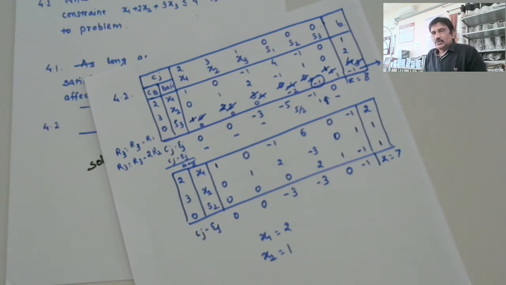So that is how you will be inserting a variable at a later time. Same thing you will be doing with the constraint. You will be starting with 10 constraints, and you will be getting the optimal solution, and you will be finding out which are the